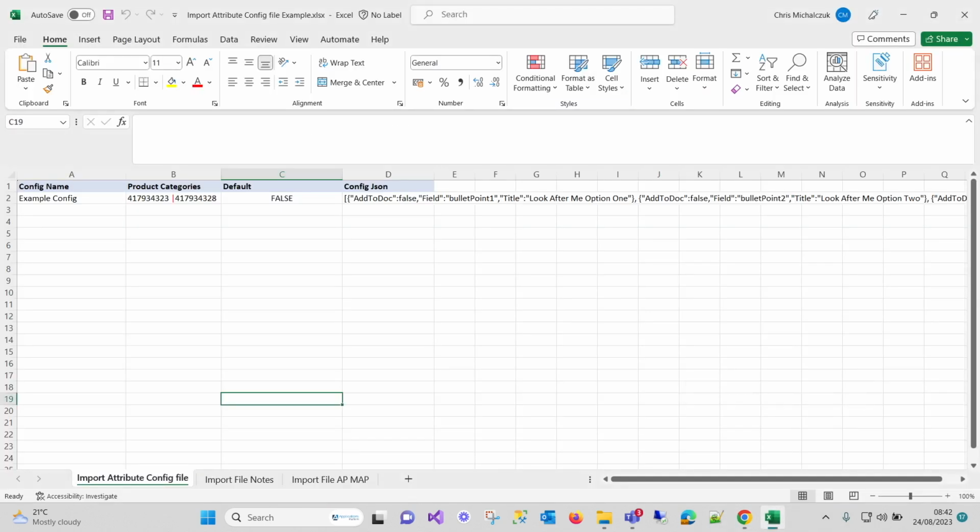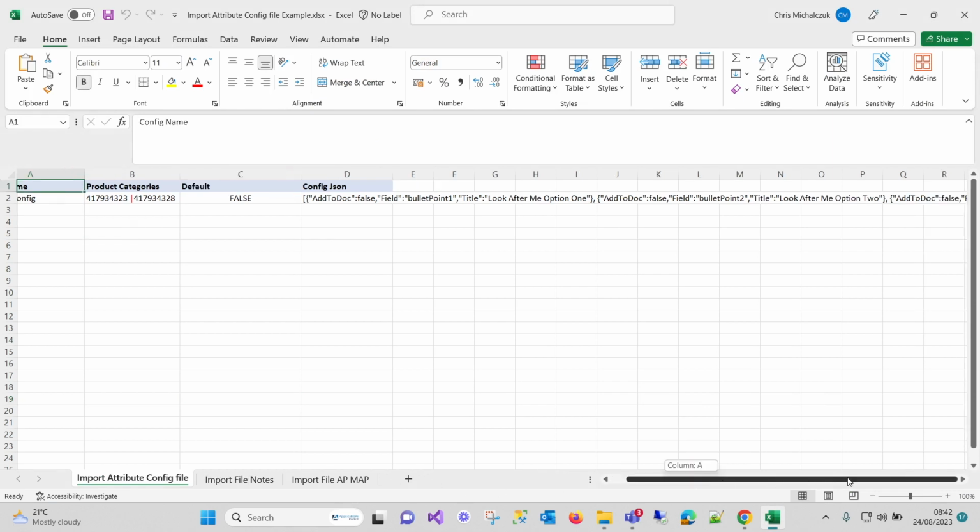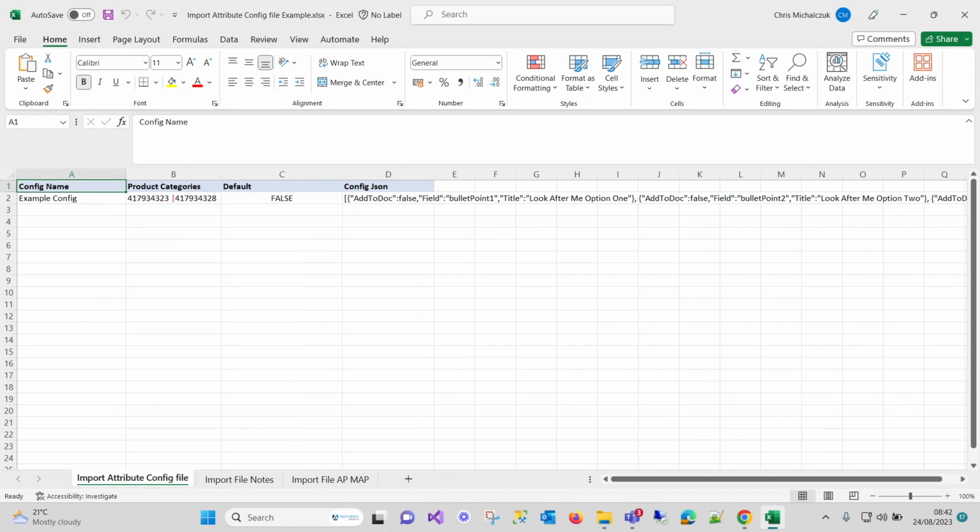So just to show you the field itself, a few points. This is the field where we're going to be using imports. We've got a config name, which could be anything: furniture, antennas, whatever you want to call it. The second point is quite important. You can associate it with one or more